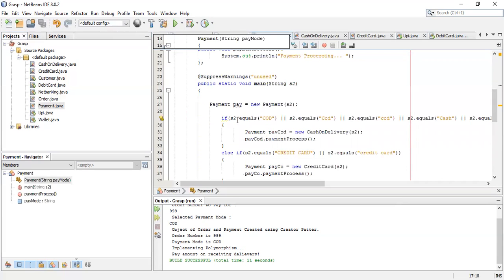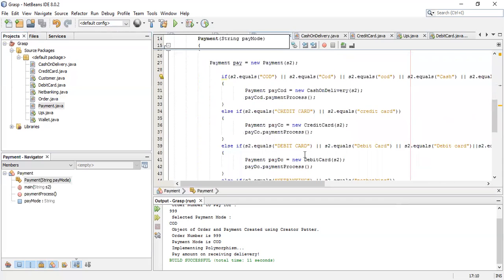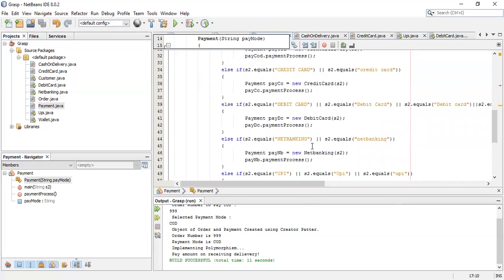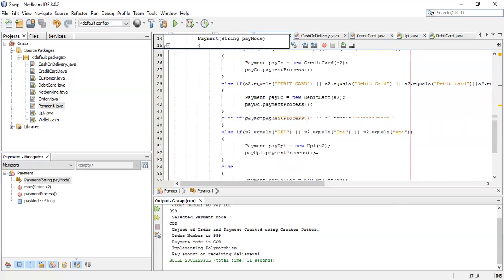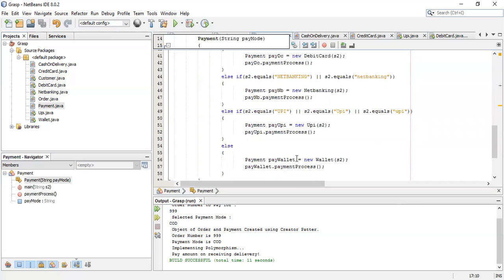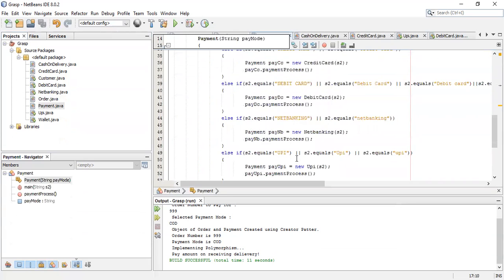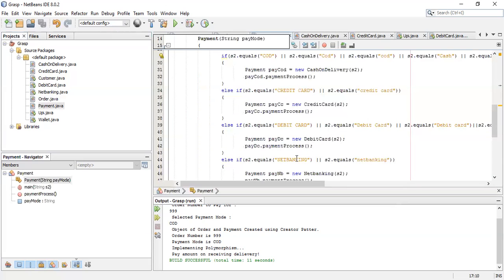Then we check whether it is COD, credit card, debit card, net banking, else if UPI or wallet. For all the payment modes, we have created a new object of the payment class,